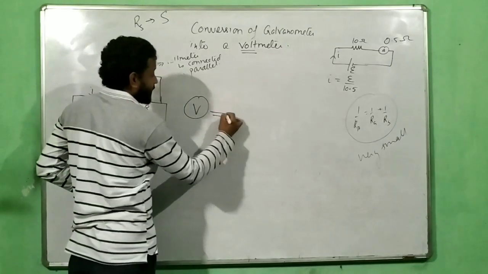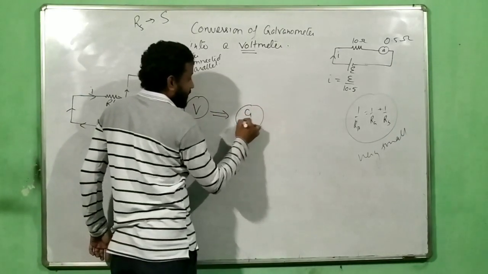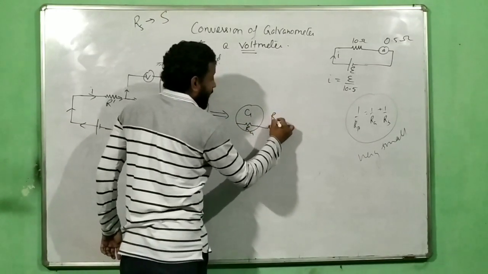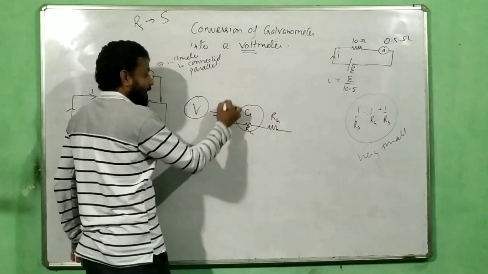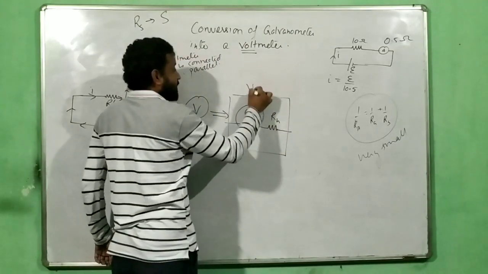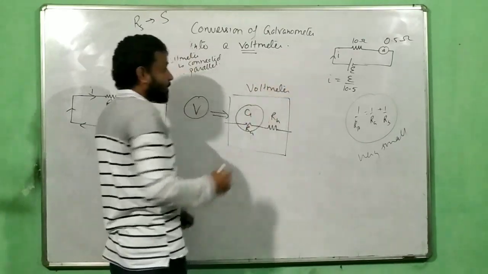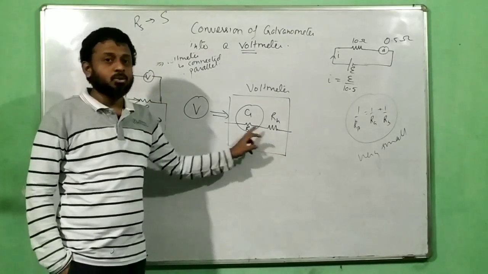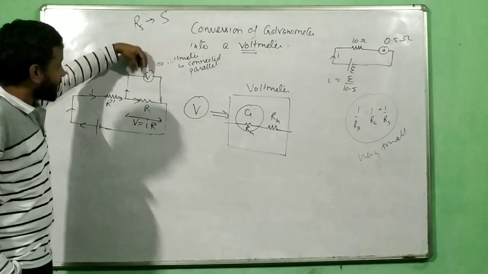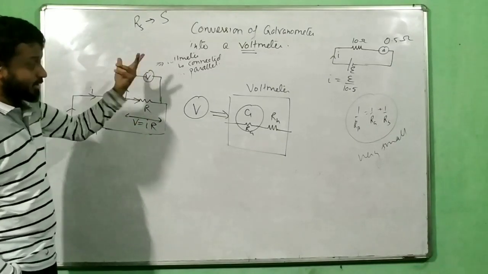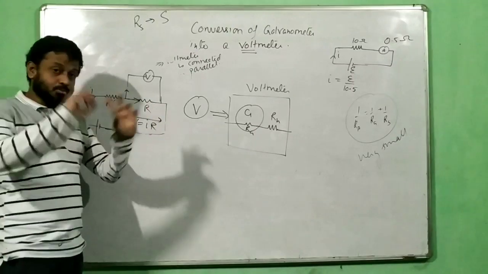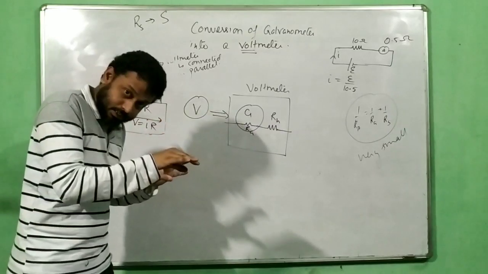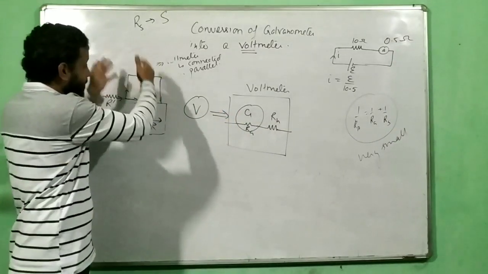In a voltmeter, what is happening here is I have a galvanometer with its resistance Rg, and I connect a very high resistance Rh in series with it, and this whole thing is what I refer as voltmeter. So remember, here in voltmeter we connect in series a high resistance to the galvanometer, but the whole apparatus is connected parallel to the circuit in which I want to find potential. Opposite to the galvanometer, we are connecting in series, but the whole apparatus is connected in parallel.